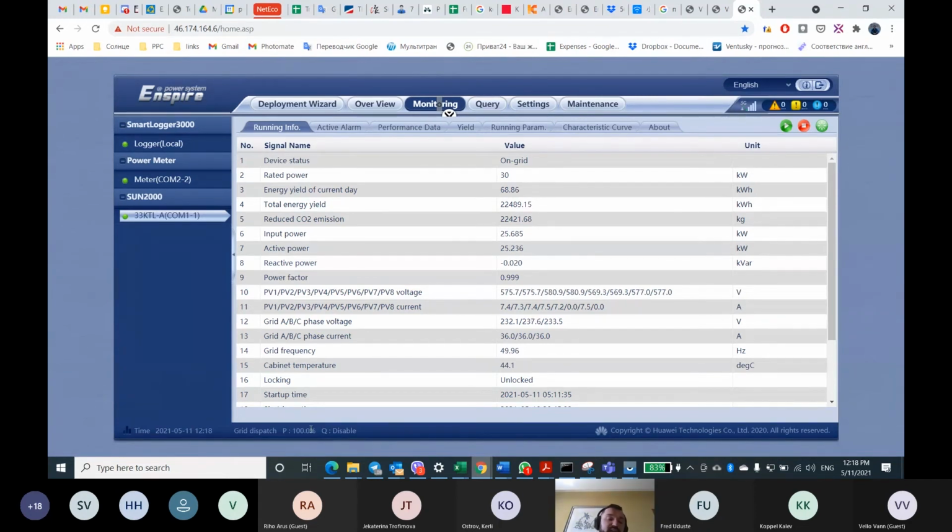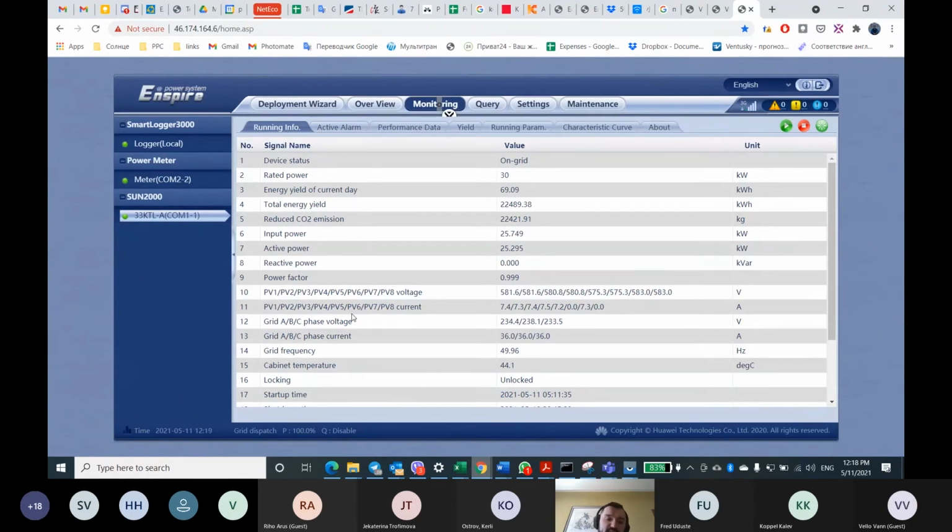At the moment the inverter should not be limited at all because it produces less energy than this installation consumes. But at the weekend, for example, it can change. The inverter can still produce 25 kilowatt, but the installation doesn't need so much energy because nobody is there, only 10 kilowatt for example. In this case, the smart logger will send a command like 40%, and the inverter will reduce its output to 40%.